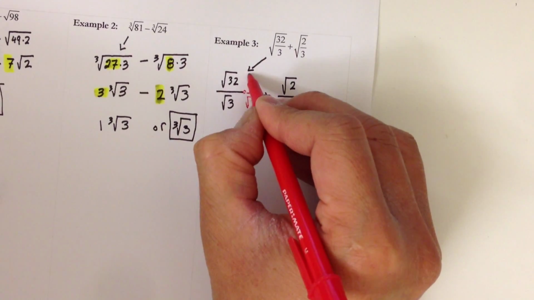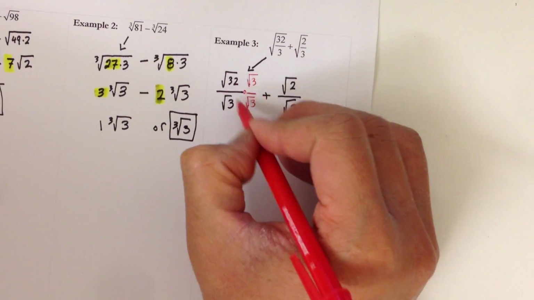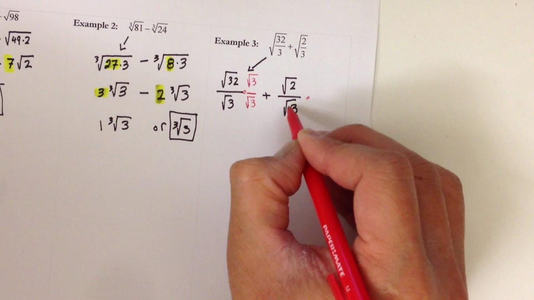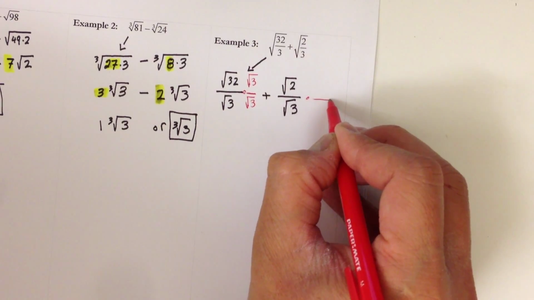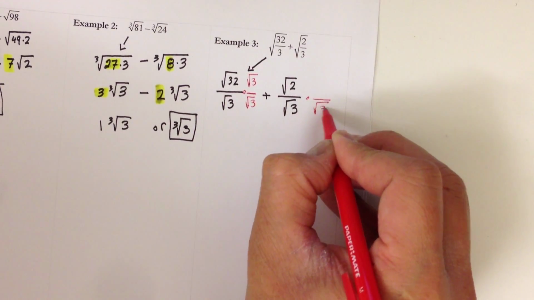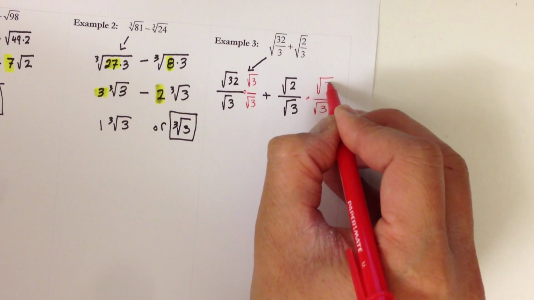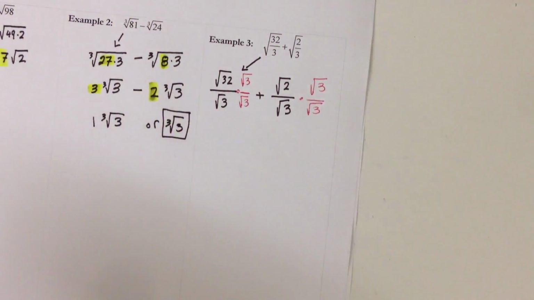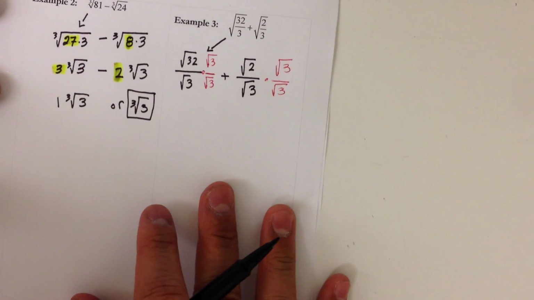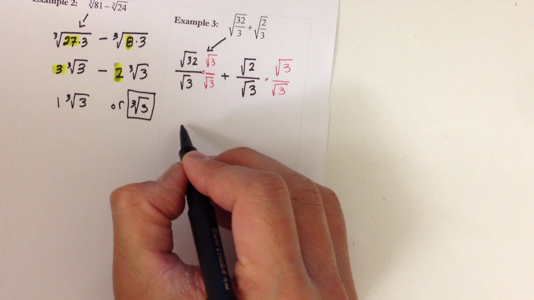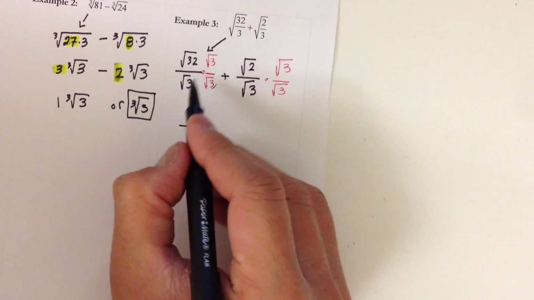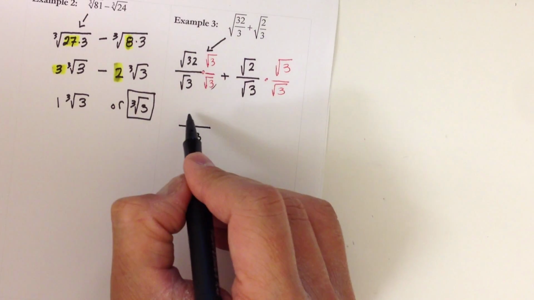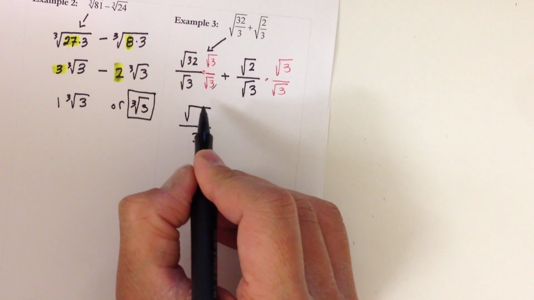So multiply top and bottom by the square root of 3, in order to make the denominator go away, in order to remove the radical in the denominator. I would also need to multiply top and bottom by the square root of 3. Alright, now this expression, rad 3 times rad 3 is going to be 3. Multiplying these together, we're going to get the square root of